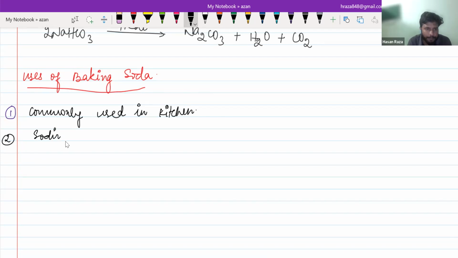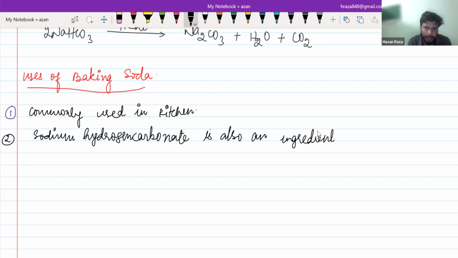Sodium hydrogen carbonate is also an ingredient